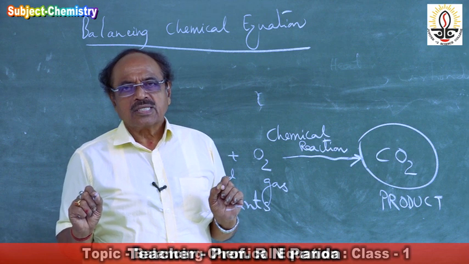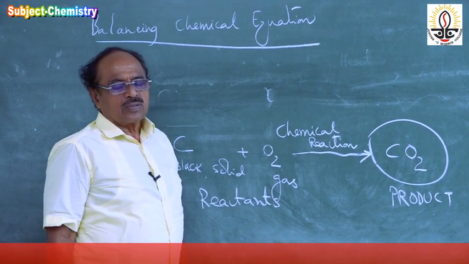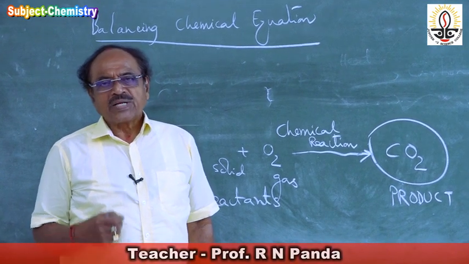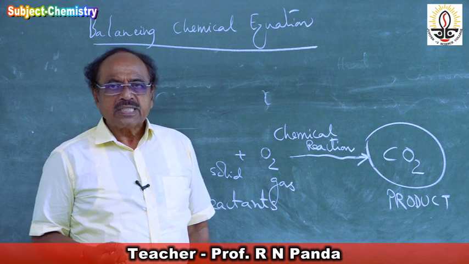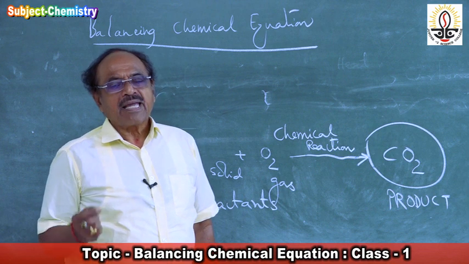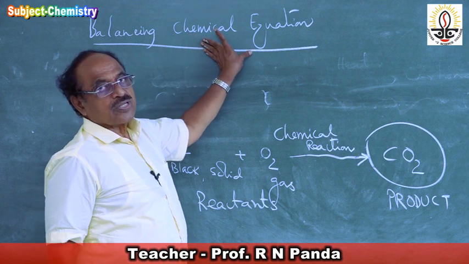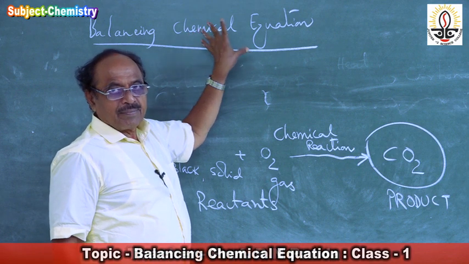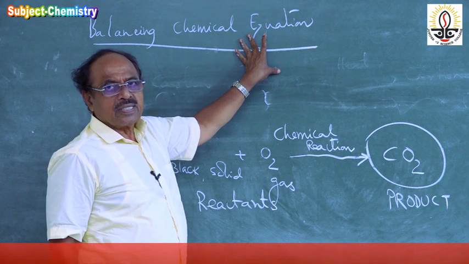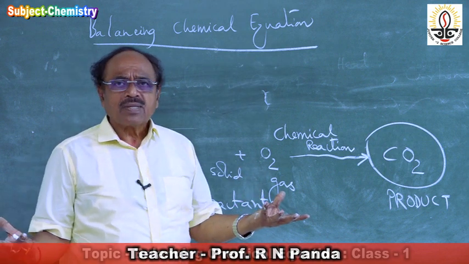Atoms are not lost. So the number of atoms that undergo chemical change is always equal to the number of atoms produced as product. Hence, every chemical reaction can be represented by a chemical equation. The number of atoms on the left side is equal to the right side. Equality. So it's all right.